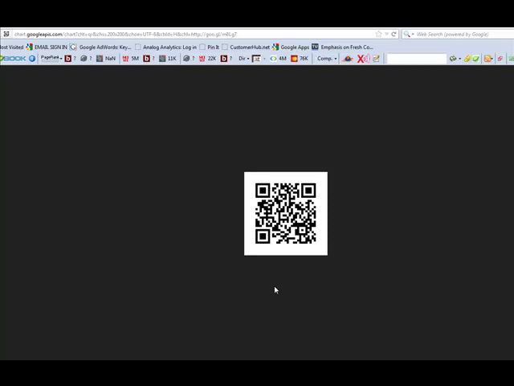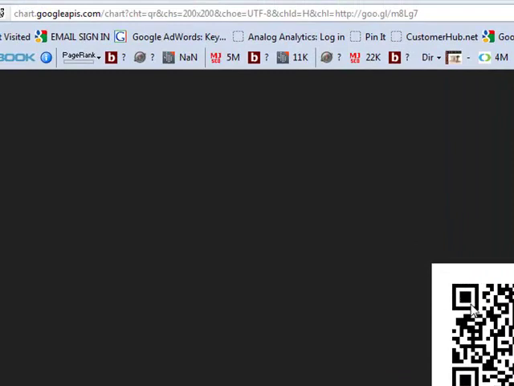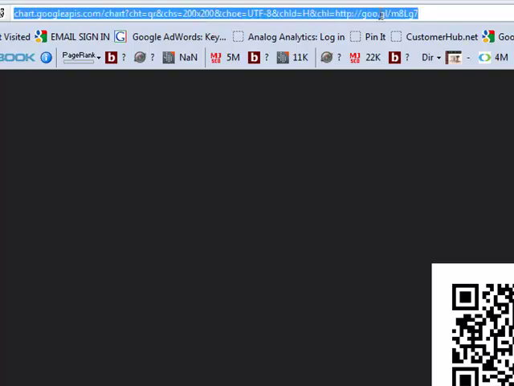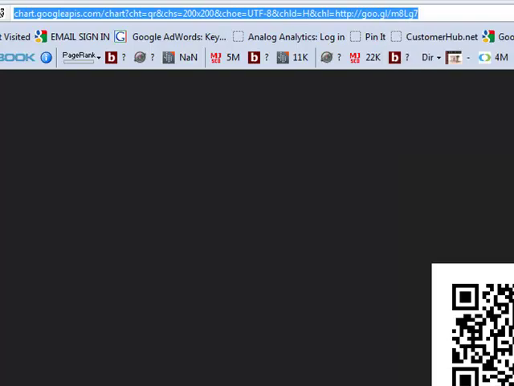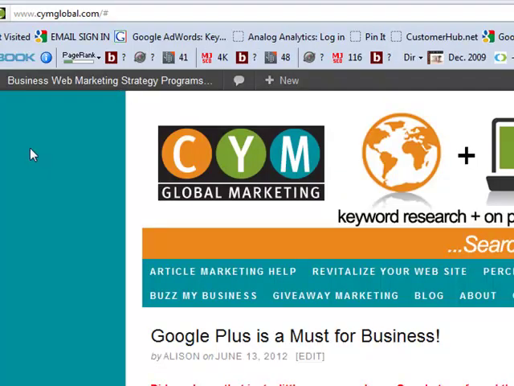Just to take this one step further, I thought I would show you a way that you can input this into your blog or your website if you have one. So this Google QR code picture has a web address right here. That means that this picture is being housed right in this part of Google. So if I right click and copy it, and then I was in the back end of my blog,